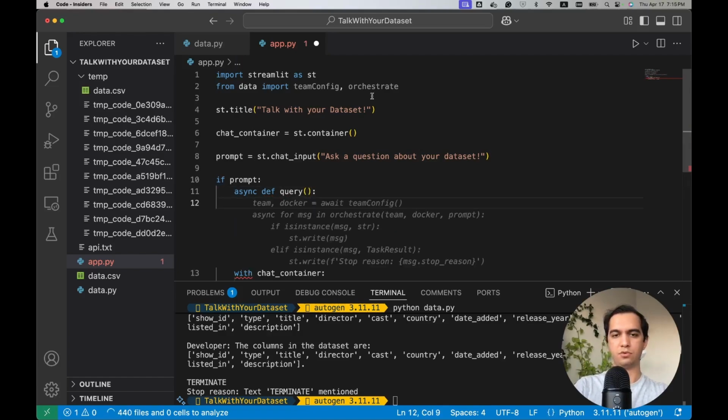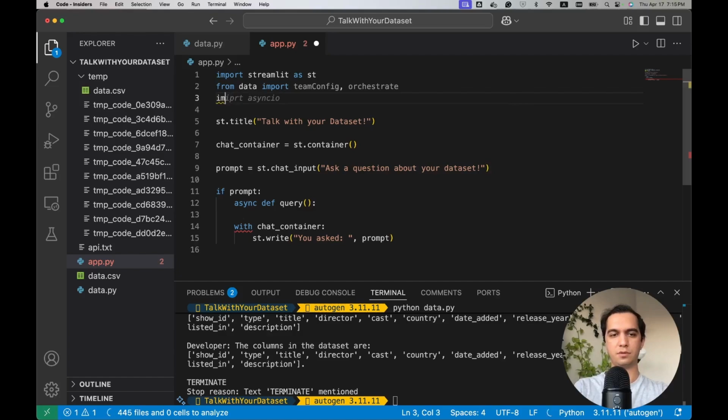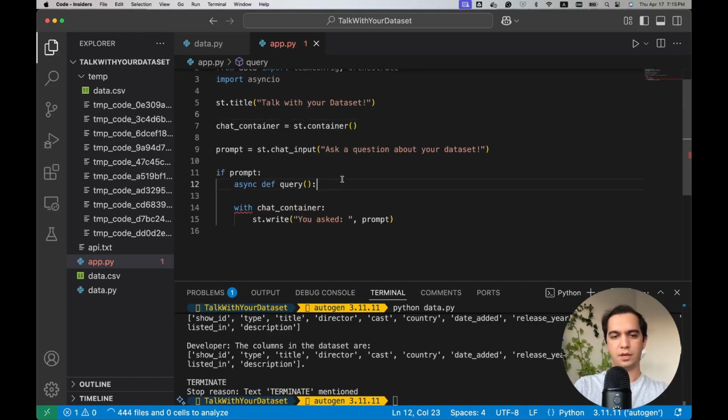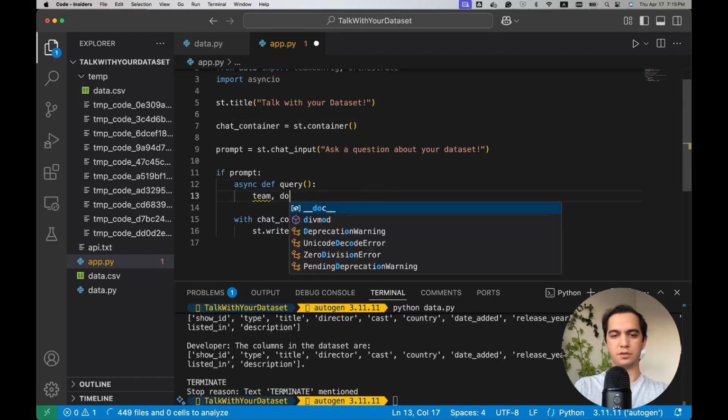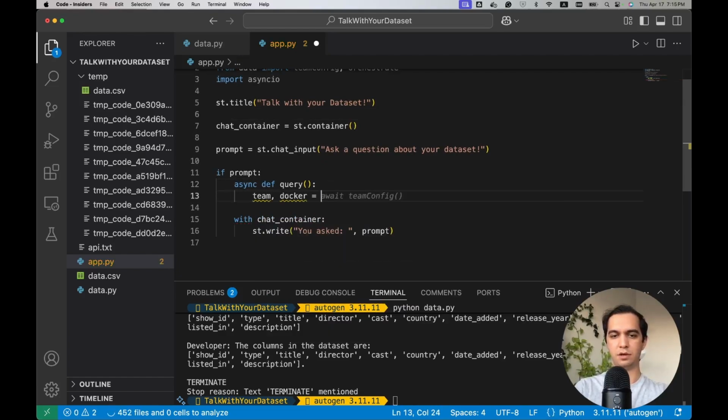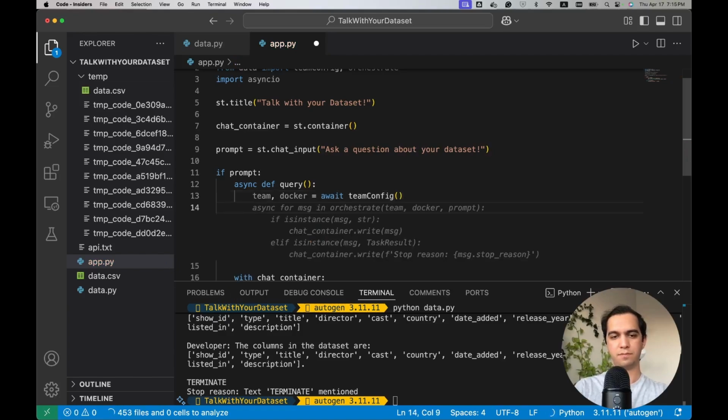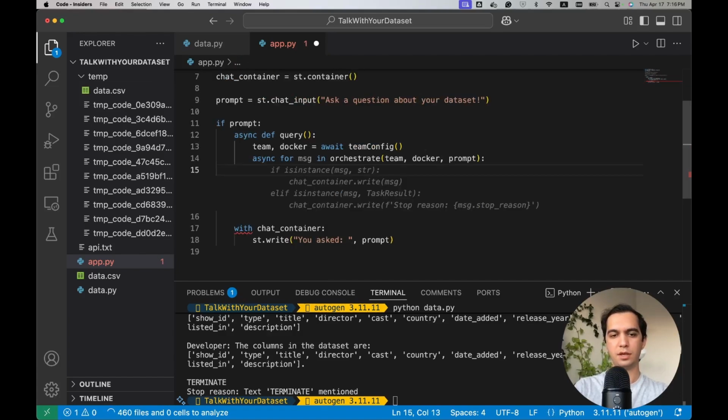and I need to import asyncio as well. Import asyncio. Inside the query I will create a Docker and team objects, await team config, and then I would like to iterate over the orchestrate generator. So async for message in orchestrate with team, Docker, and prompt. And then,